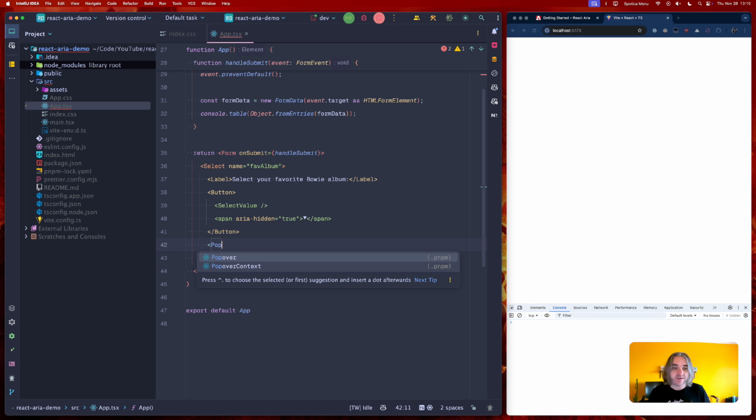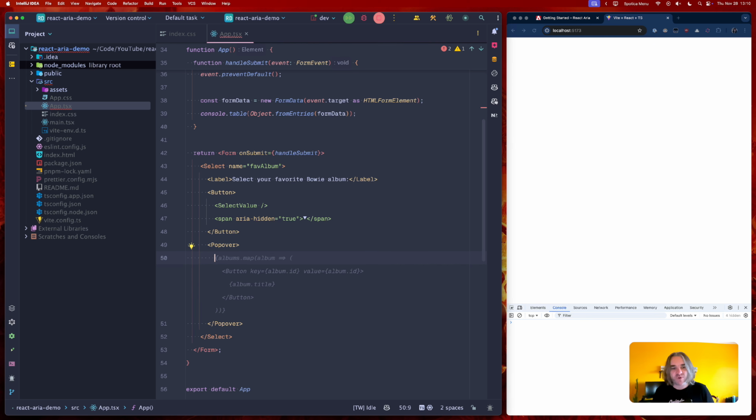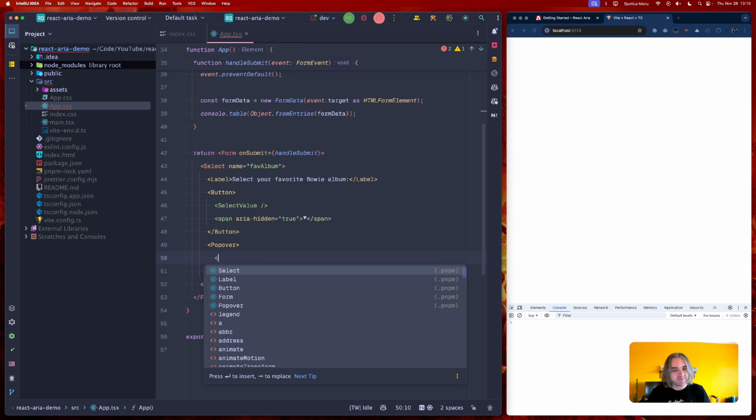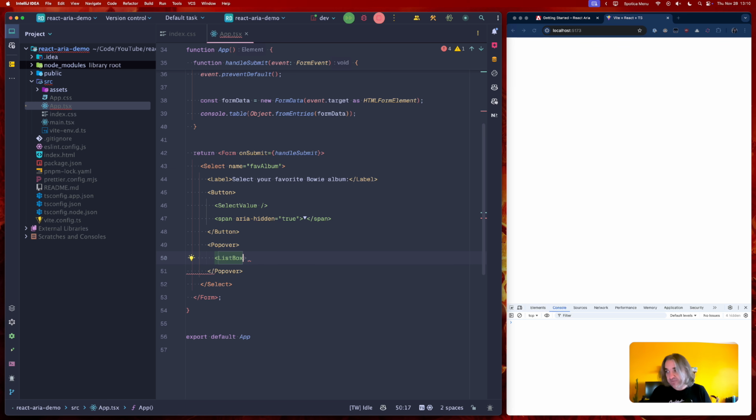So popover is an element that shows when requested, and it basically is a portal that renders in place. So if you think of a drop-down, popover is kind of like a drop-down container. So now we render a list, so we need to use a list box, and this is cool. We push items in here,